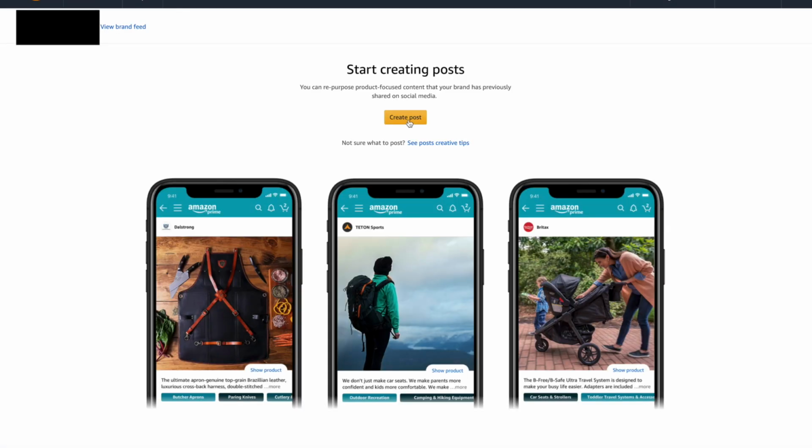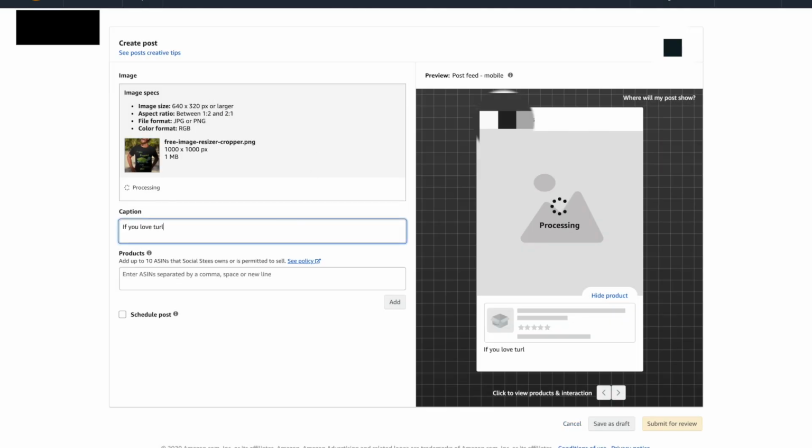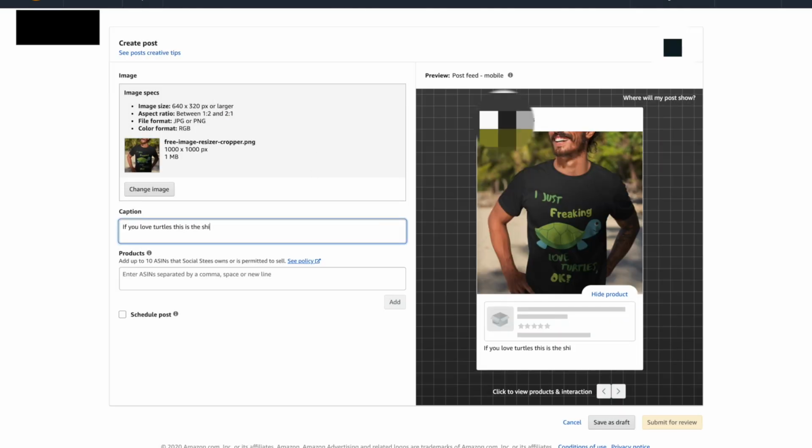So guys, remember, if you have a Merch by Amazon account or brand registry, you can actually leverage Amazon Posts to get a ton of free traffic to your product listings. So we can upload that same mockup we've created, add a caption, add the product ASIN here, and then even schedule this post out. And this is going to show up on relevant search terms or relevant products